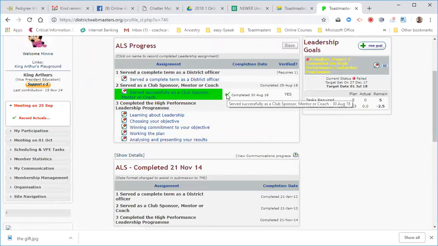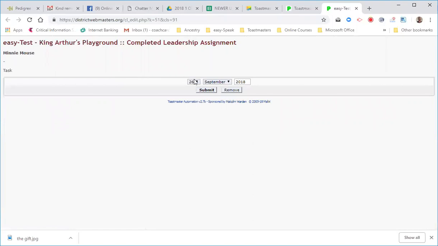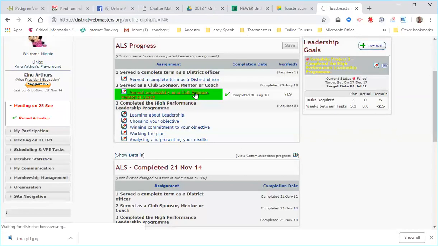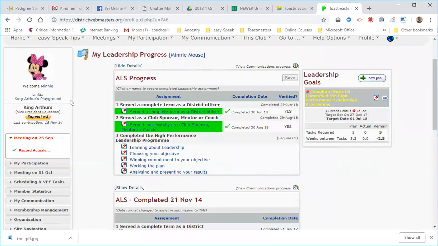She can continue to fill in this page of records for herself. For example, if she's finished her complete term as a district officer, she would probably have done that on the 30th of June this year. Now, let's say she was an area director, although many can't really do that, as this is a fictitious record, and so on. At the moment, on the right-hand side, there's a goal that seems to have been in a fail position,